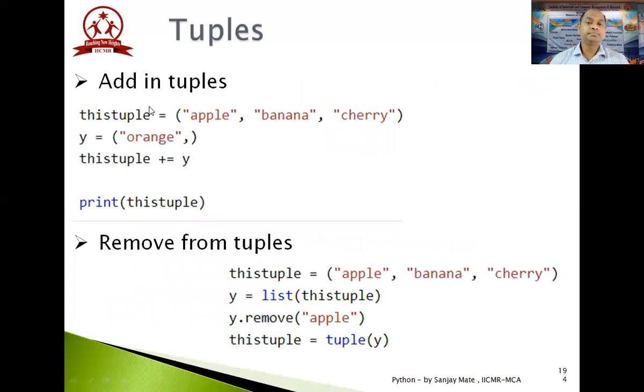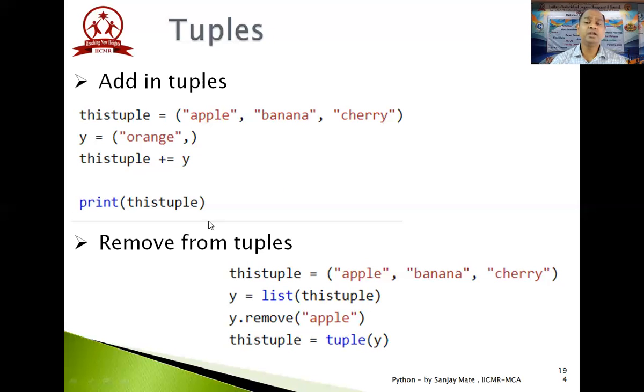So here you have one tuple, and here I have one more tuple. It is very important that if you want to put one element into the tuple, only one element, then you need to write y is equal to element, comma. Whenever you write the comma, only then a tuple is created with a single element. This is one convention which is used. So tuple is equal to tuple plus y, and the new tuple will be created, which is a concatenation of these two. In this way you can add an element into the tuple.